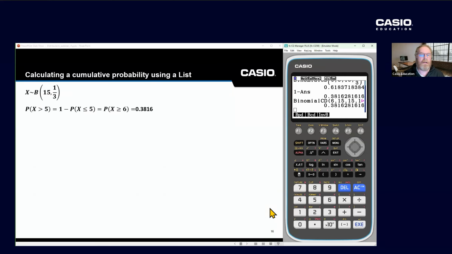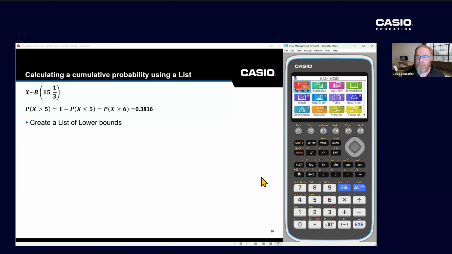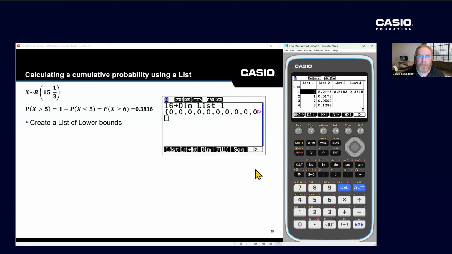How about calculating the probability by using a list? So going to the right-hand side. Just to demonstrate, I'm not suggesting that you may want to do this in an exam, but this is a method that you could use. Let's just clear the screen first. And then if I go to stats mode,